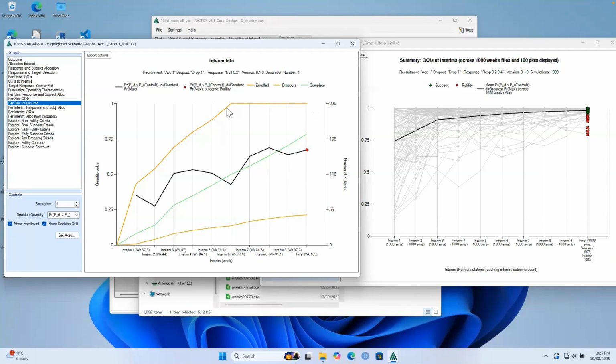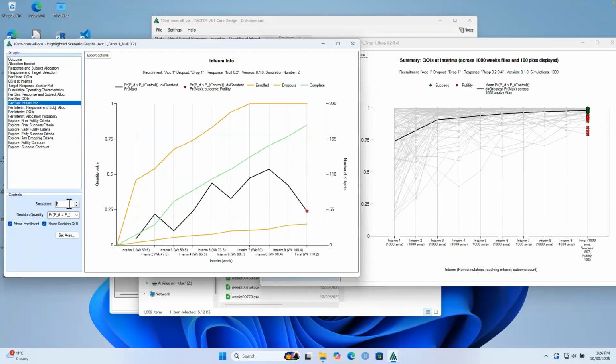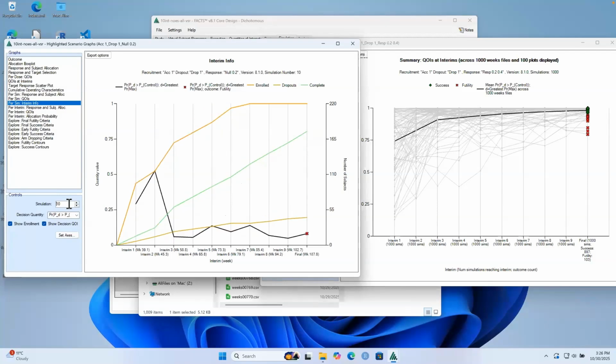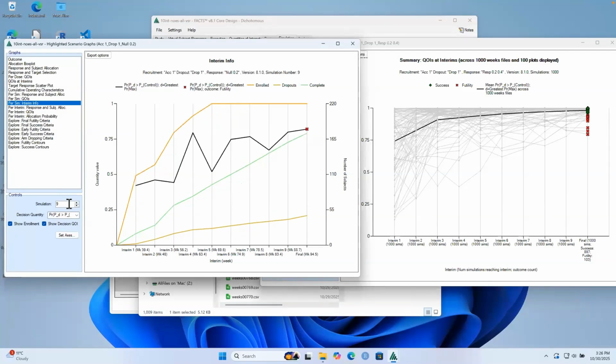Something this brings out, which we might not have appreciated otherwise, is that from those 9 interims I've added, from interim 6 onwards, we're fully enrolled. In a few other simulations, we weren't fully enrolled until interim 7. But between 7 and 6, and there's one even earlier,